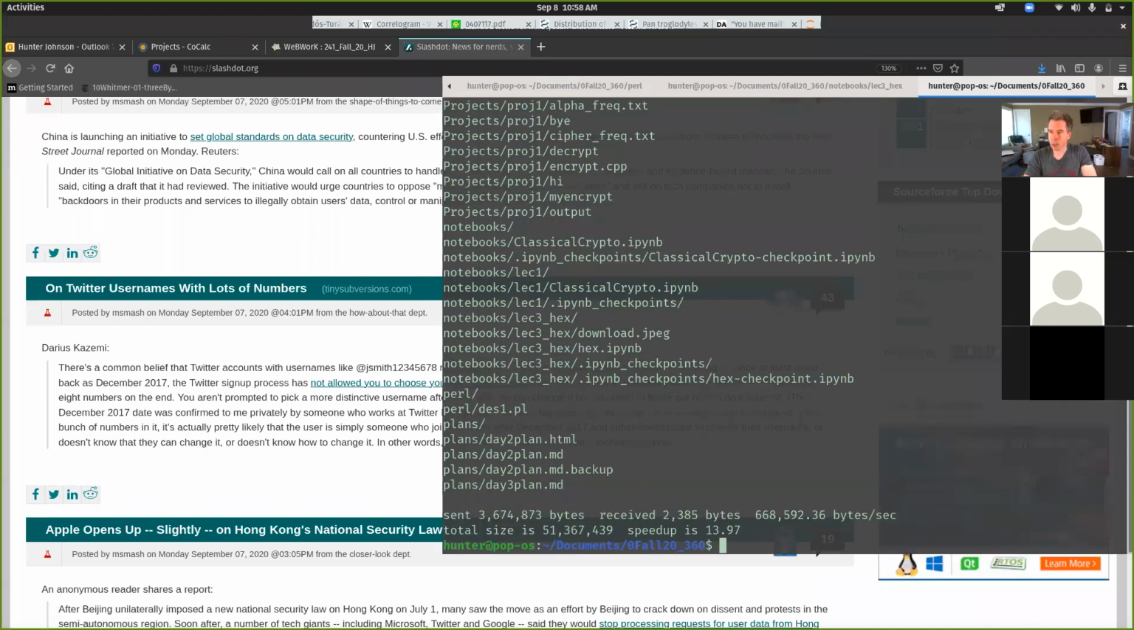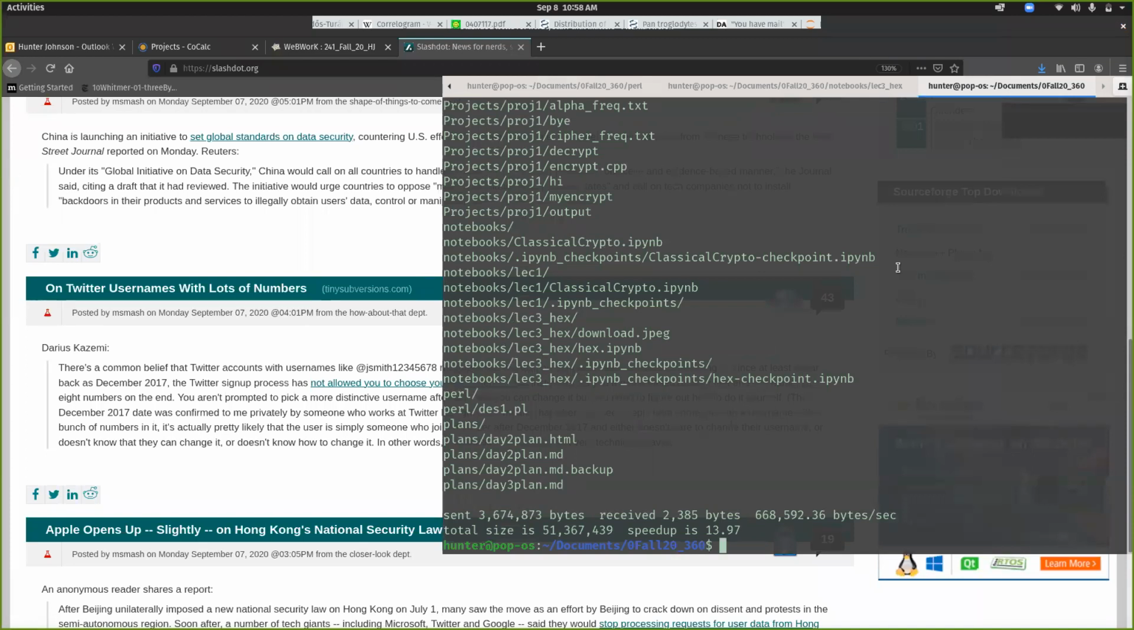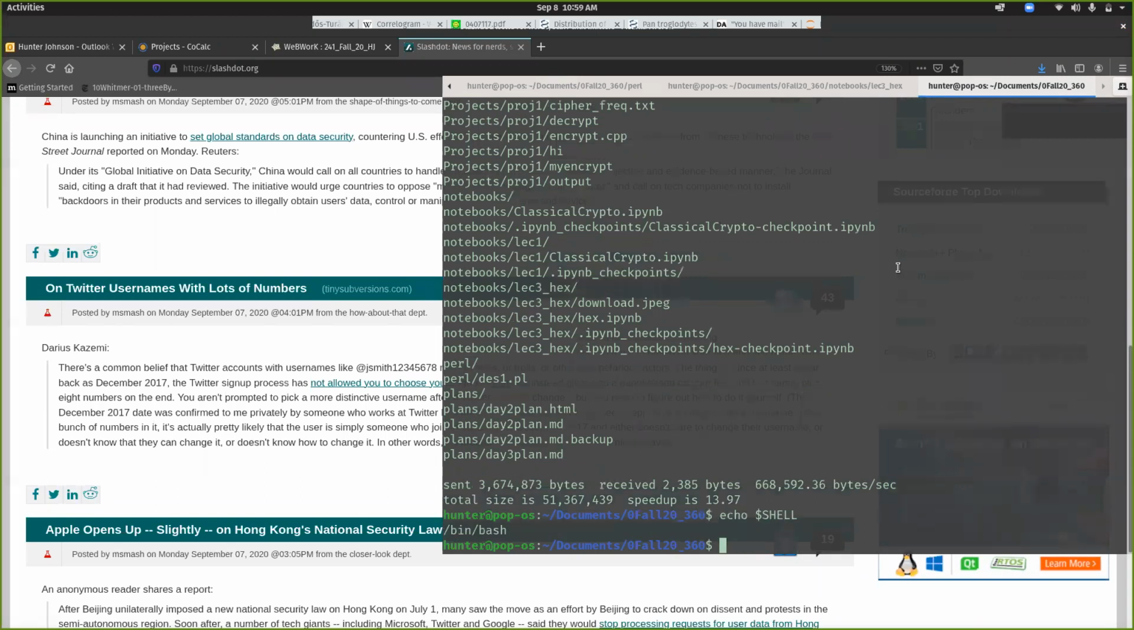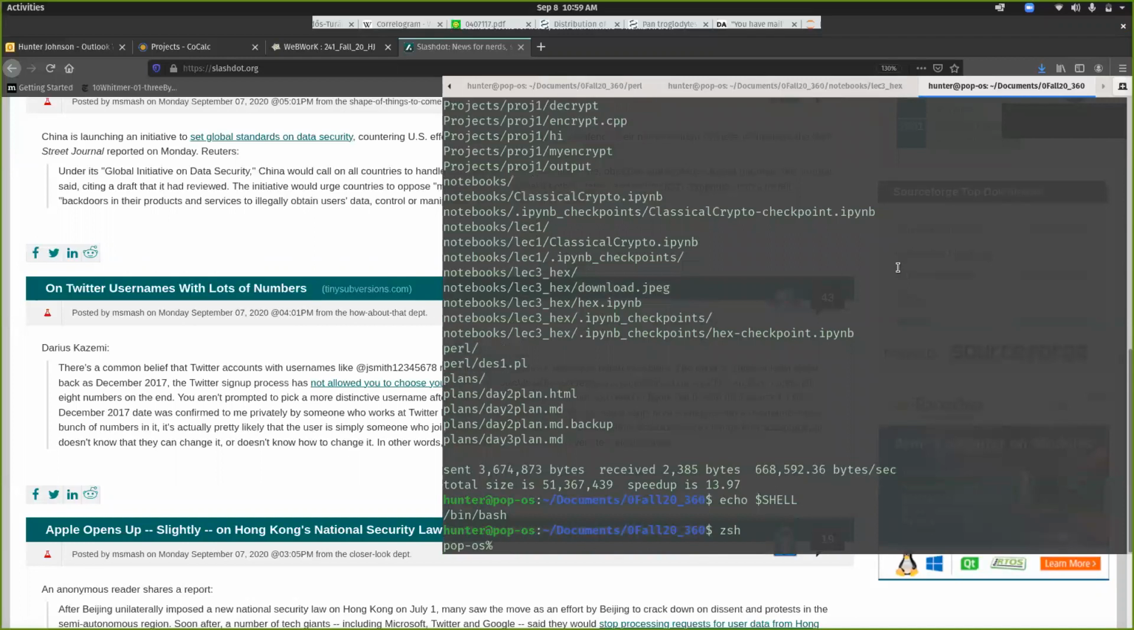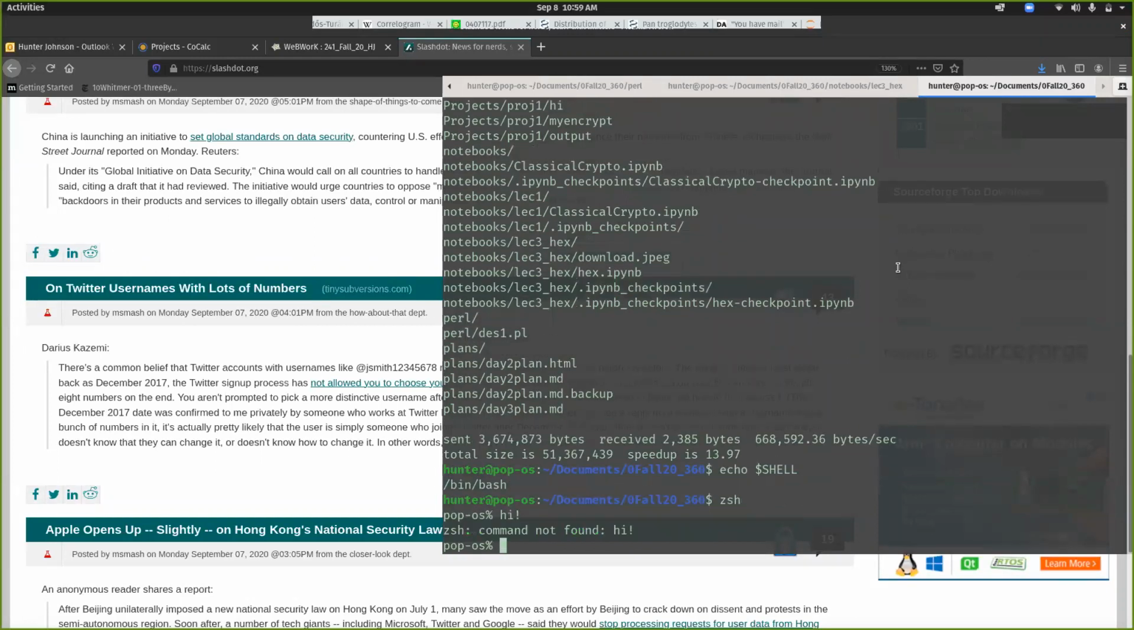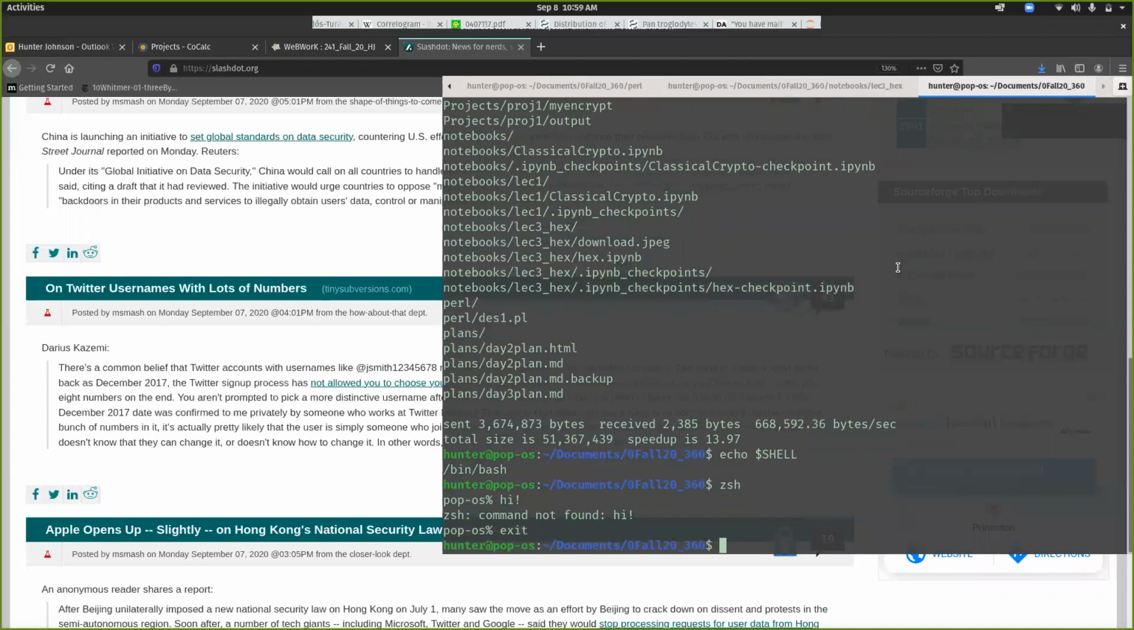When you use a terminal, you have to use a language for interaction that's called the shell language. My shell language is Bash. If you're using Mac, it might be Zsh. Is that a thing? Yeah. So I believe Mac uses Z shell, but